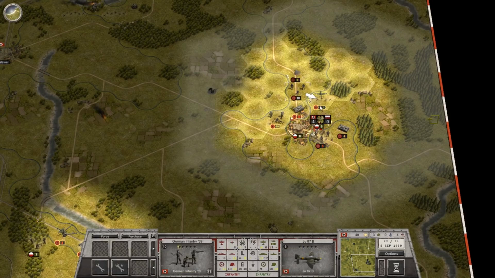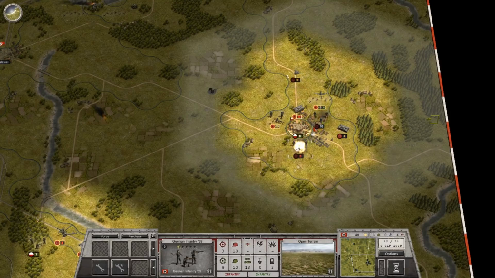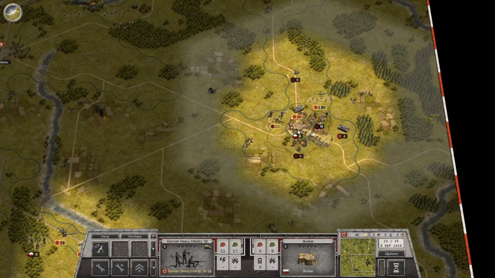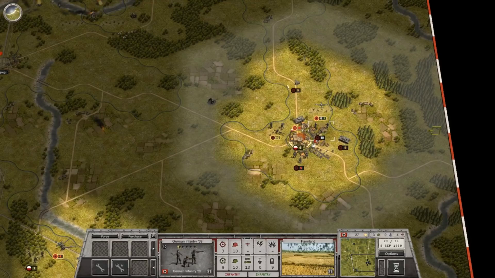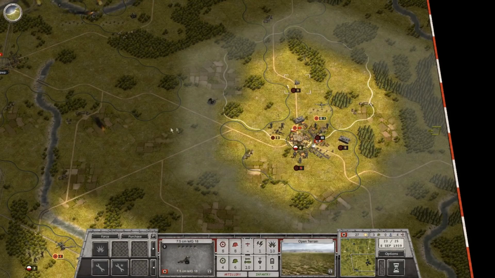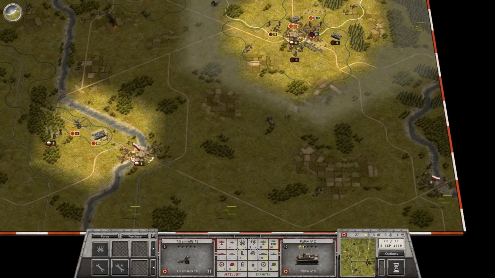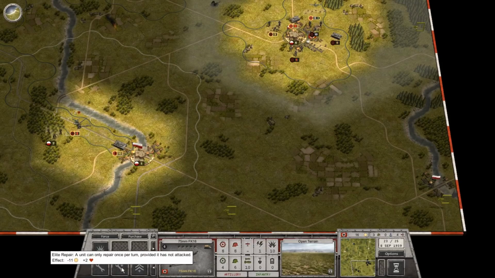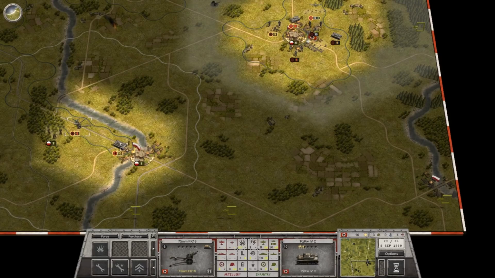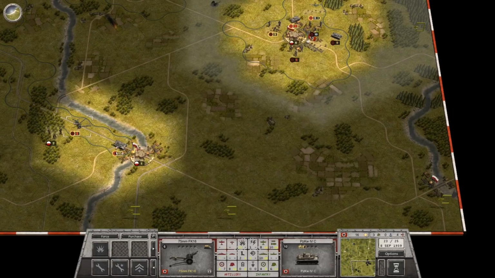Alright, our artillery's done whatever. So that artillery can attack now. We've got that town surrounded. Next turn, I will take the final objective. Actually, got 19 destroyed. We can just do the...